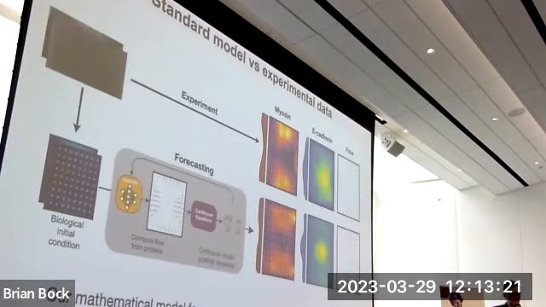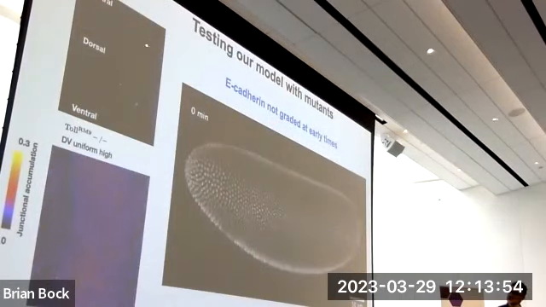So here is the unique ability offered by working side by side with our experimental collaborators. We have identified the mechanism that makes this work as establishing these gradients of a protein in the dorsoventral direction. This is a very specific mechanism. What the experimentalists can do is that they have the silver bullet. They can make mutants that do not generate those gradients. So our model has to break down whenever you have a mutant that does not have those gradients, and development should not work either. So these are the two mutants.